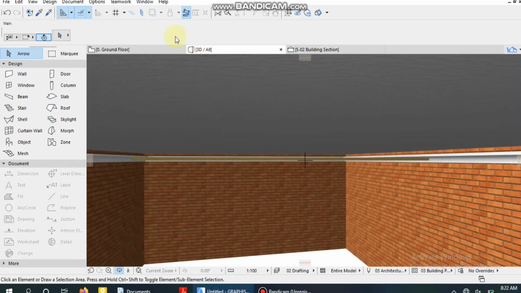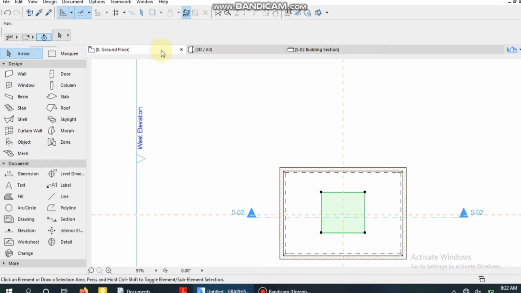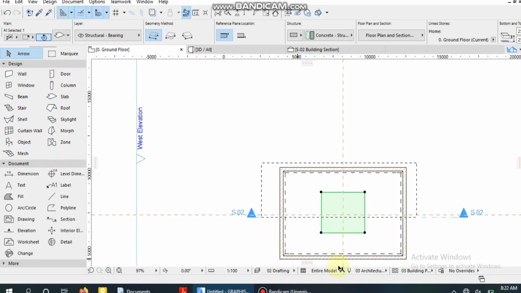Now there's something I want us to do. That is to go and fix lights around this drop down ceiling. That will give you that hidden light, that recessed light. So to do that, we are going to go to